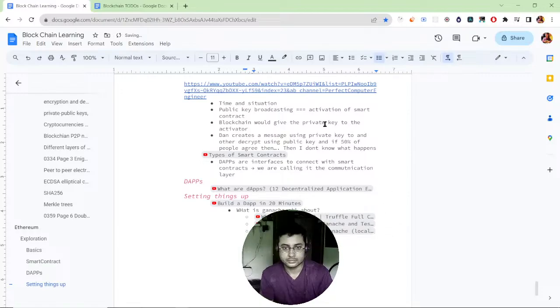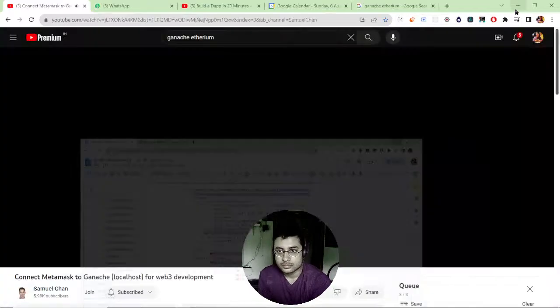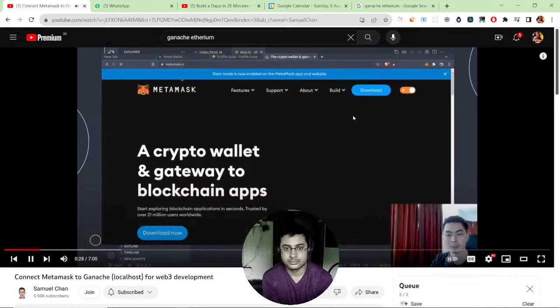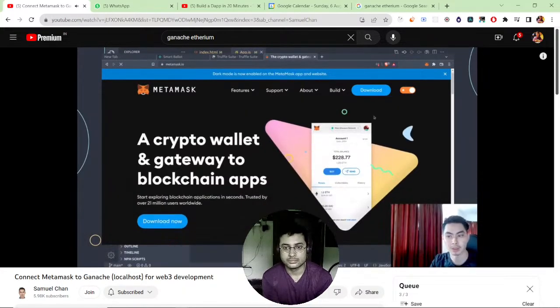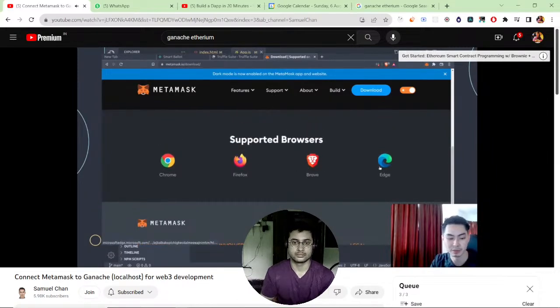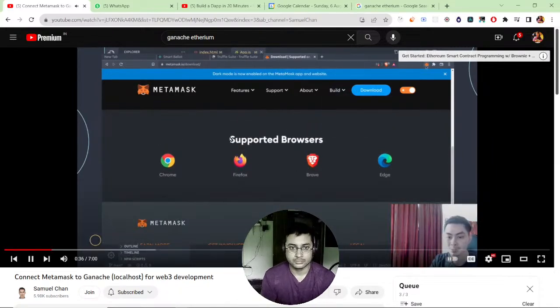If you're on a PC, it would ask you to install that on a PC, but if it detects that you're on a Linux, it will ask you to install that on a Linux, same for Mac. And then head over to metamask.io, make sure that you install MetaMask as well on your browser. It has support for Chrome, Firefox, Brave, Edge. I already have it installed, so I'm just gonna